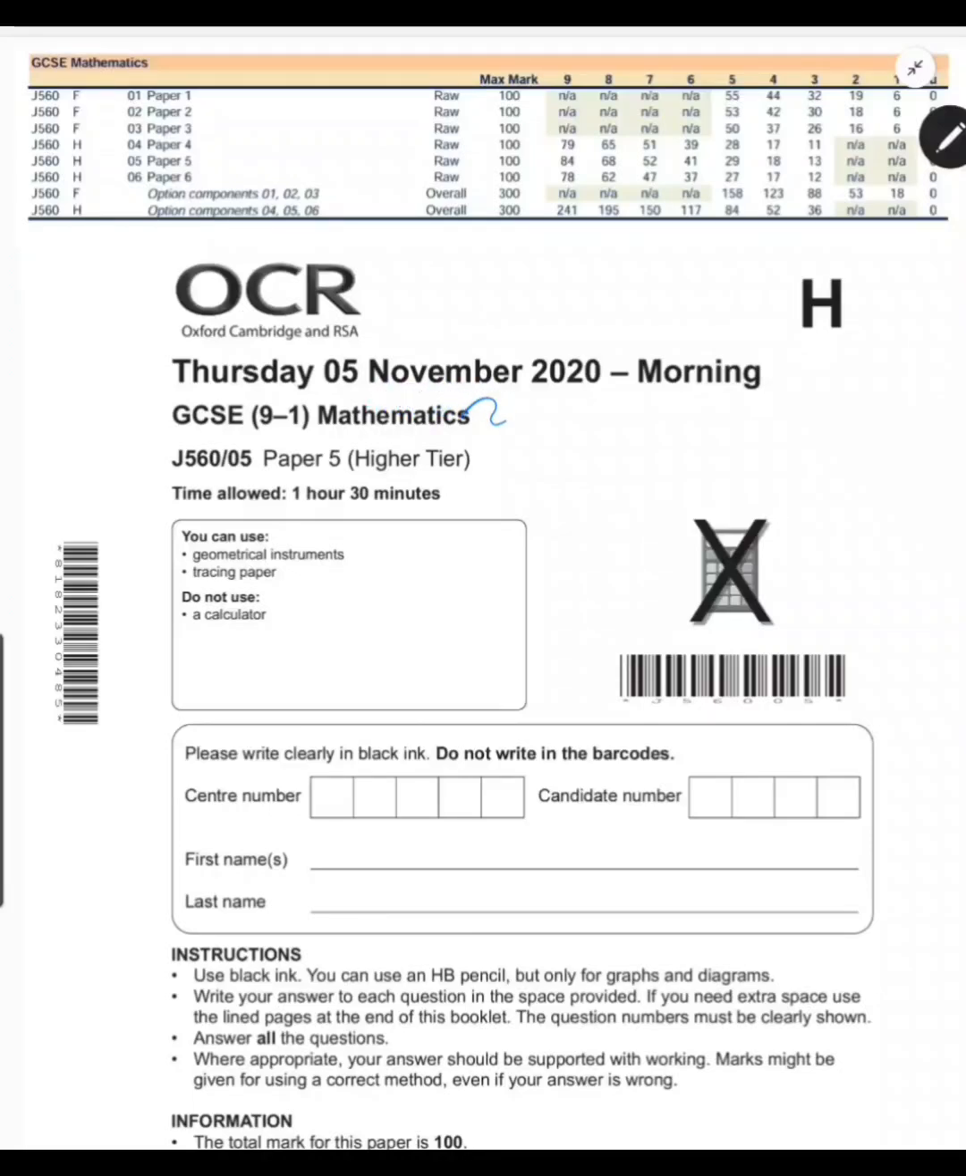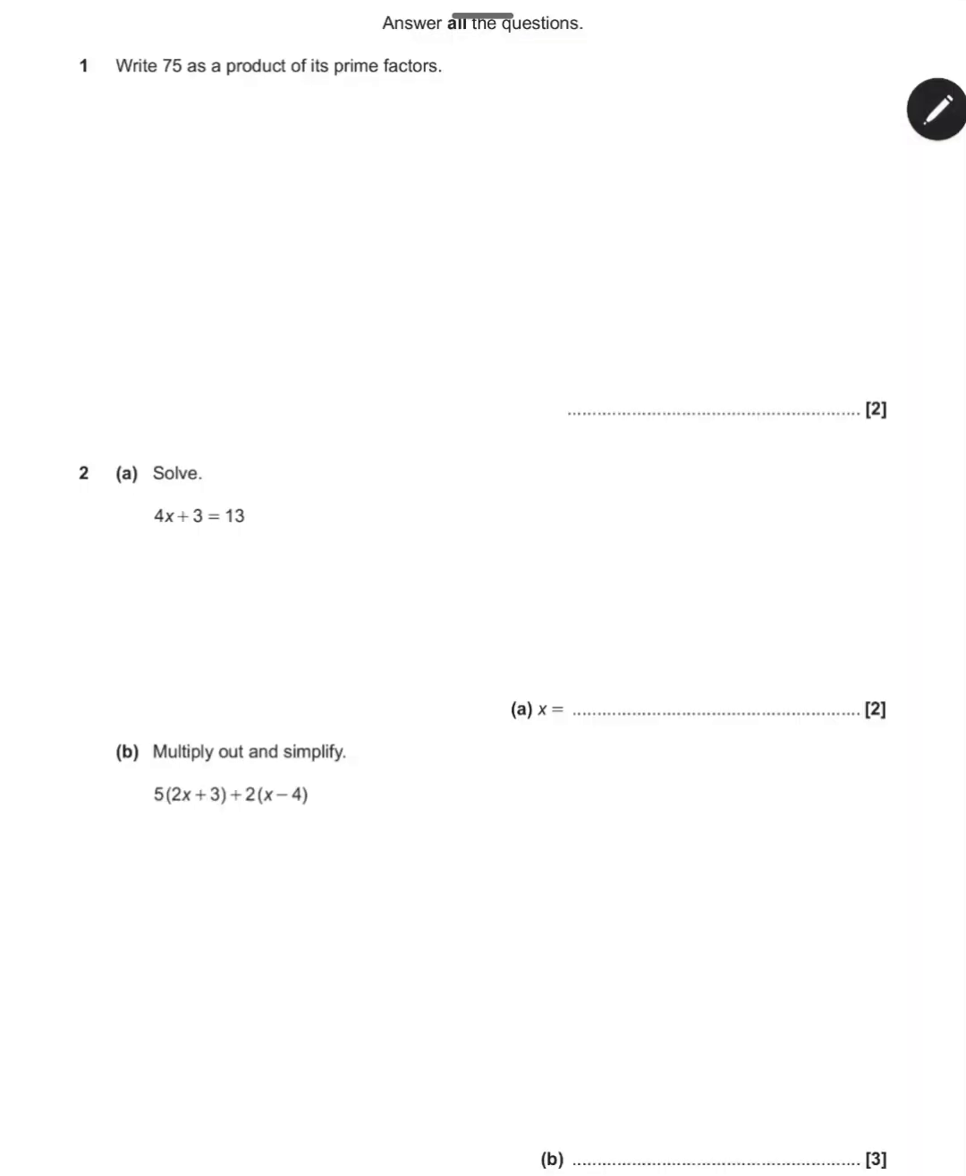This is OCR's paper 5 from November 2020. It's the non-calculator paper, higher tier. And if we have a look, you need 18 marks for a grade 4, 29 for a 5, 41 for a 6, etc. So question 1, and here we've got to write 75 as a product of its prime